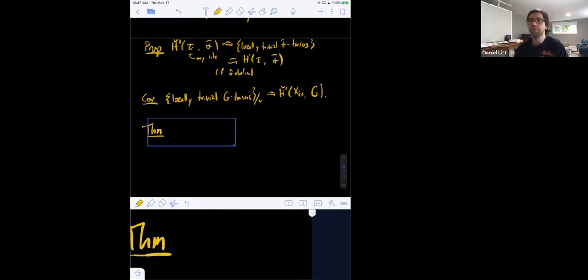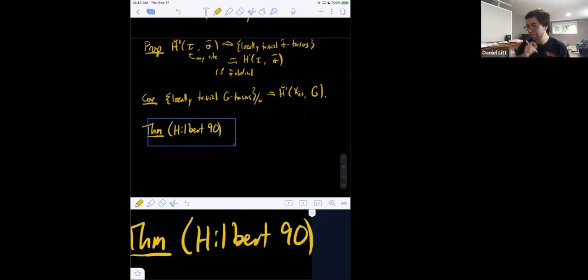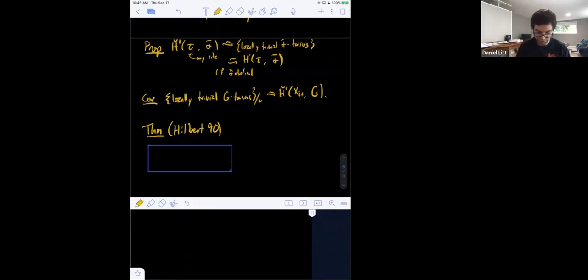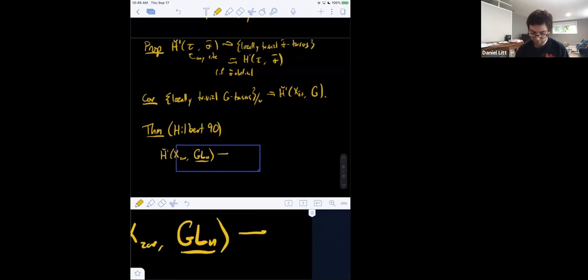Yeah, so here's a theorem. This is called Hilbert's theorem 90, although it's really a massive generalization of it due to Grothendieck. So you can take H1 of the Zariski site of X with coefficients in the constant sheaf GLN. This maps